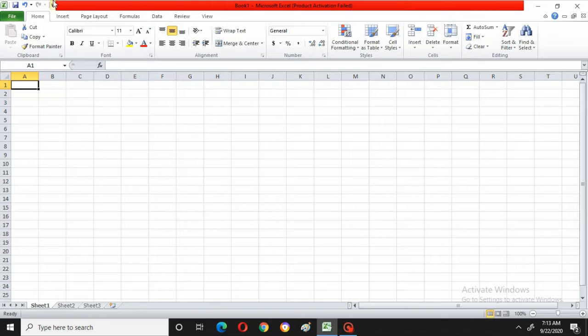Now can you see this red bar here? In my first video I have explained about MS Word. This is common for everything. This is called the title bar, because the title of that particular window is there. So what is this Book 1? Book 1 is the name of this window. The difference between Word and Excel is that in MS Word the title will be Document 1, but here the title will be Book 1 MS Excel, right?